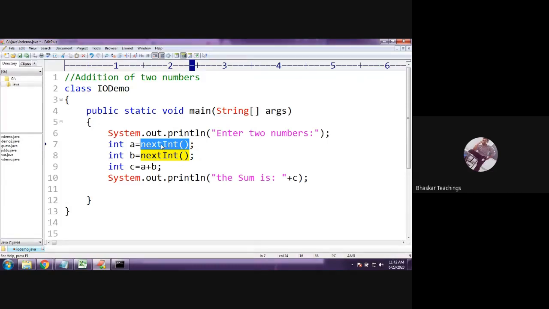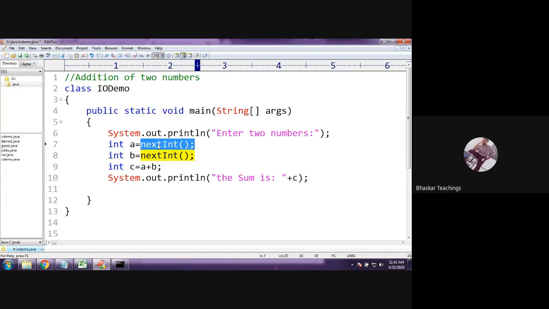The first question should be: yes, the point is clear. nextInt is used to read a value from the user. But first you need to know which class it belongs to. And the next question is whether it is a static method or an instance method. Let me repeat. We have a facility to read an integer value from the user, that is the nextInt method.